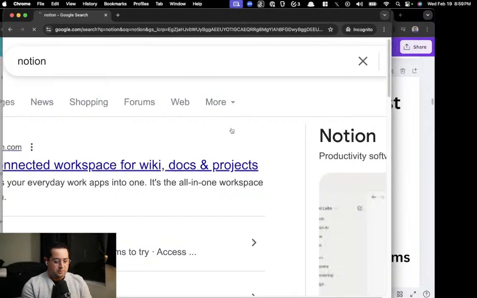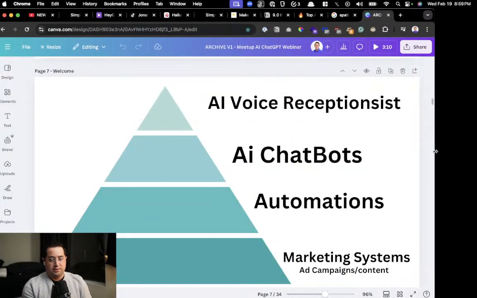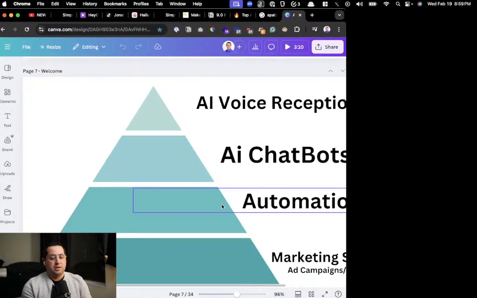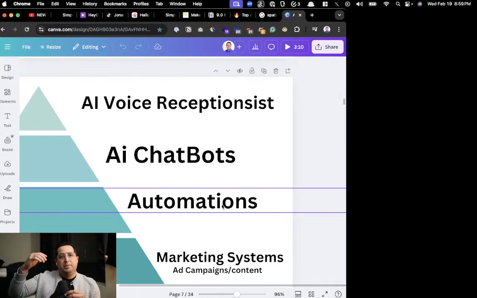So, oops, Notion. There we go. And then move this over for TikTok so we can see. Okay, so you'll learn how to build Go High Level. Then automations is already there. That's the make.com course with AI agents and assistants. Then AI chatbots, that's coming soon, probably the end of this month. AI voice receptionist and Go High Level are going to be next month, along with N8N for building AI agents.